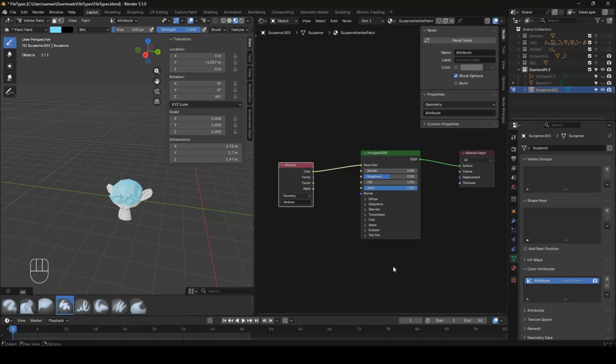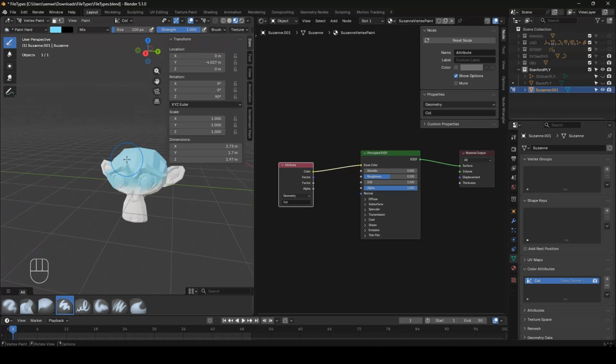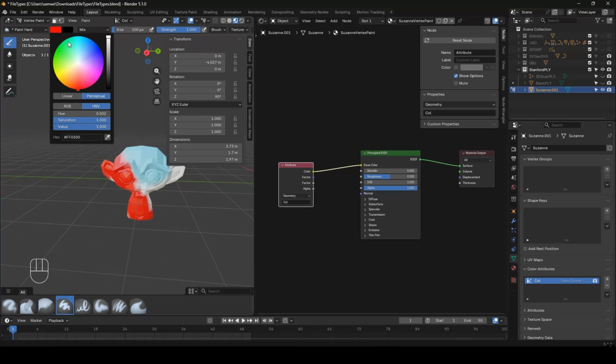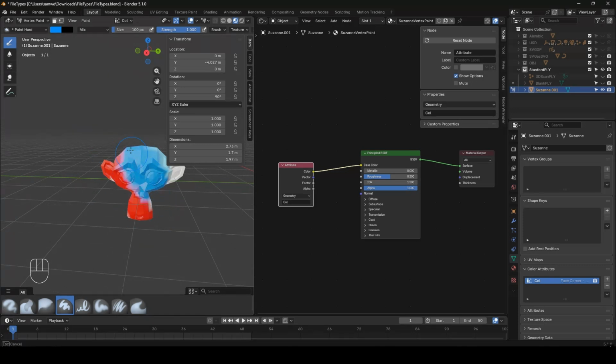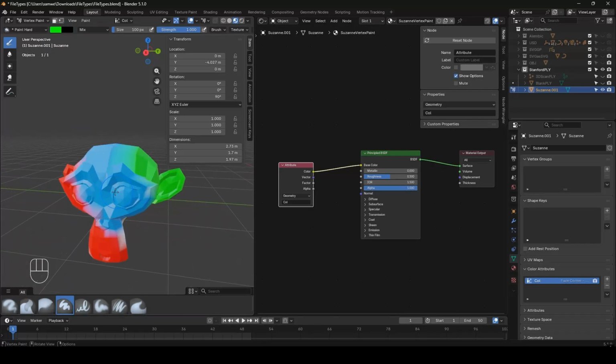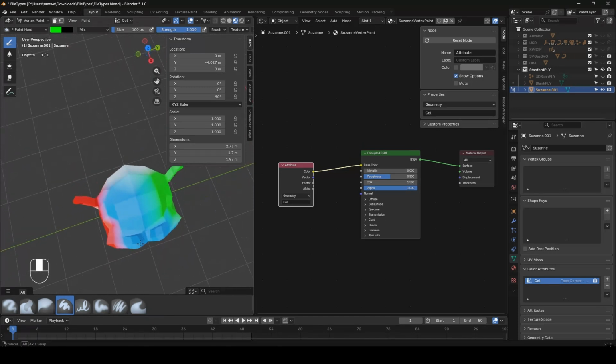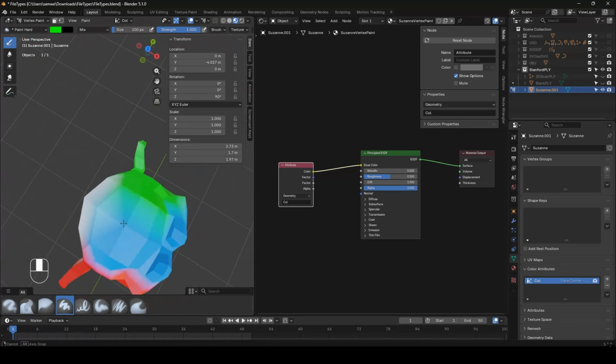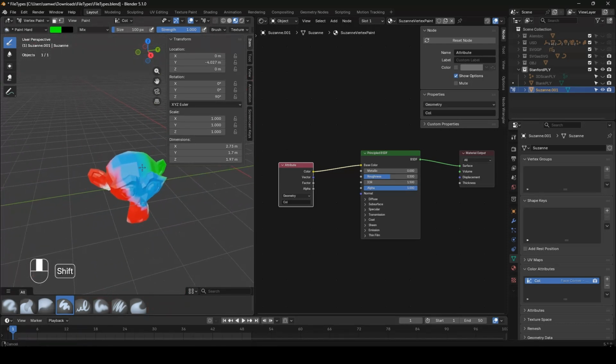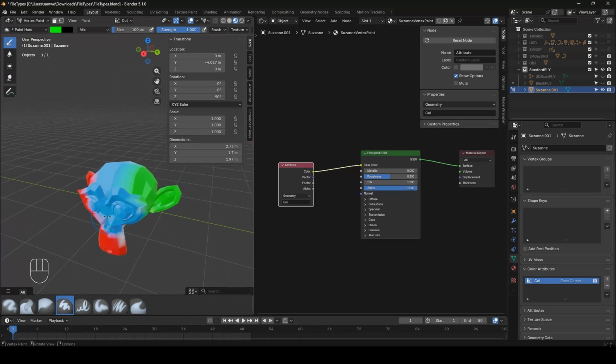So just a heads up, that typically does become color or col, so we're just going to rename it col in advance so we're aware of what might happen. So what I'm going to do is just do a simple red, blue and green, like so. And as you can see, because Suzanne is relatively low poly, you can see all of these edges, we get quite aggressive, very blatant lines that appear, because don't forget we're painting the vertex, we're not actually painting like a canvas where we can add a lot of detail